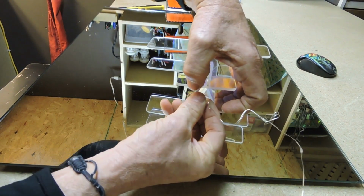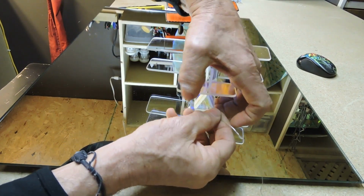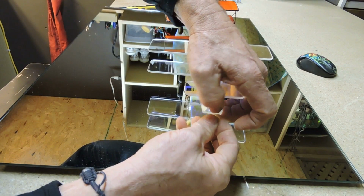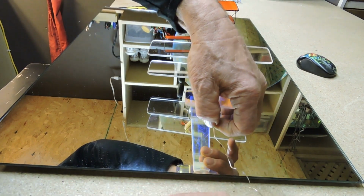These lights, I wish they were warm white. When you order them, folks, you want warm white. You do not want cool white, because cool white is blue. And I found out the hard way. They're blue, or some sort of...